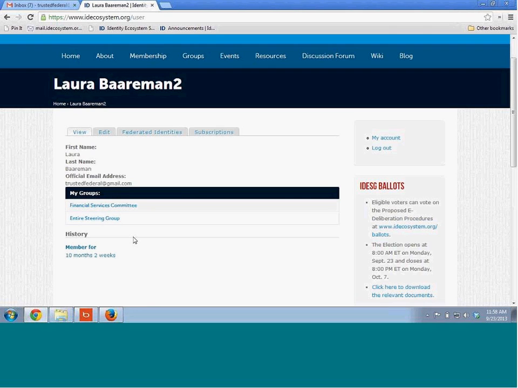If you are a group admin, an IDESG member who signed the membership agreement, or staff, you also have some sort of leadership position in a committee. When that happens, the chair is going to automatically assign them a group admin role. So this is a chair, a vice chair, a secretary of the committee, and also a leader of any of those groups, and you also get the right to give this role to someone